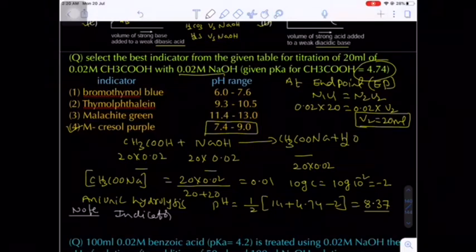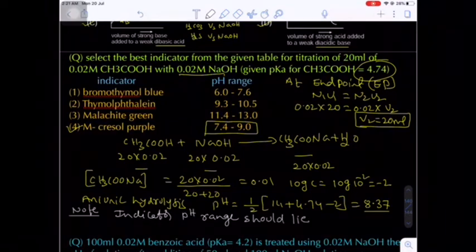Metacresol purple. Here I am writing one important note. This is a very important note. Okay, what is the note here? Now, indicator pH range. Remember, each indicator has its own characteristic pH range that will be given in the question. So we do not have to remember all the pH ranges of indicators. Okay, the indicator pH range should lie